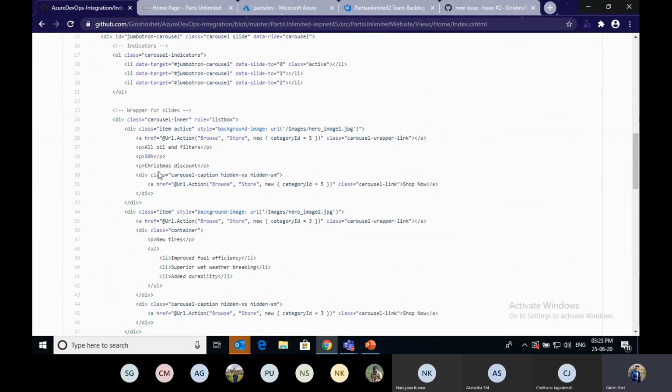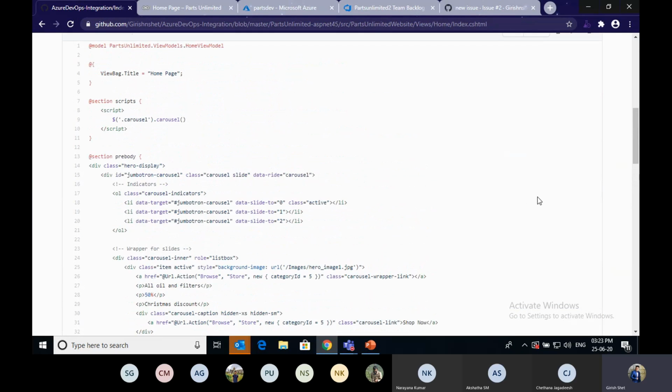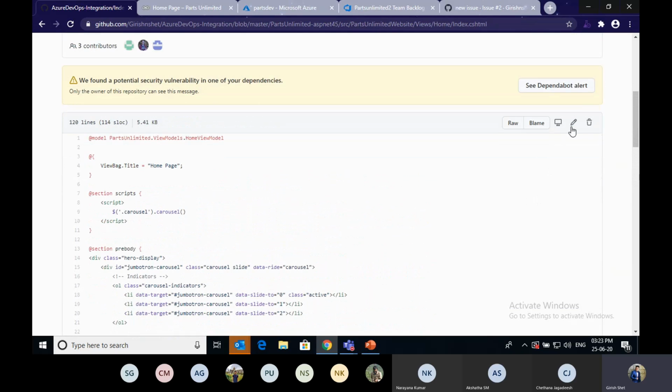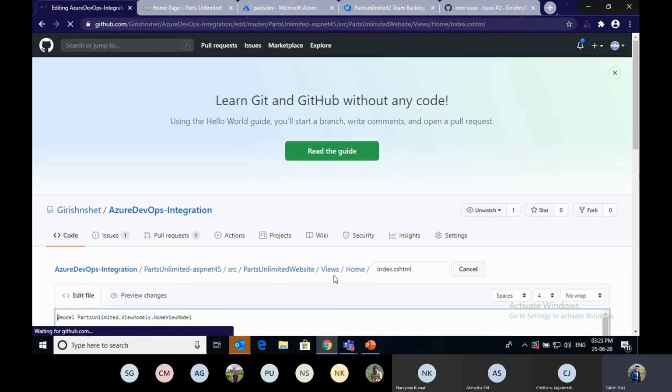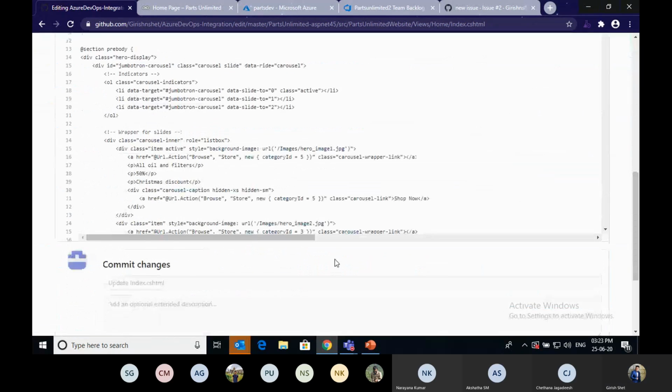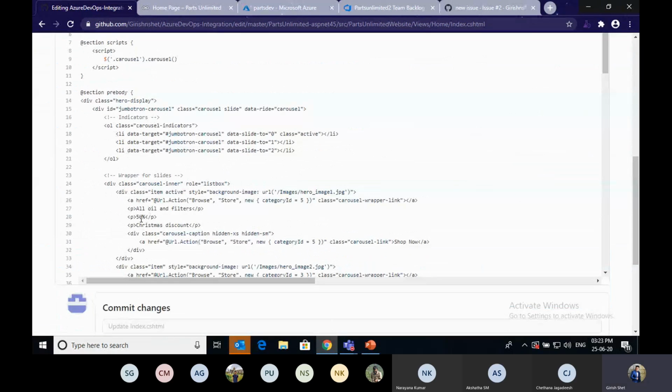This is where I have to change from 50% to 30%. I'm going to change this source code in my GitHub repository from 50% to 30%, and the discount is COVID discount.